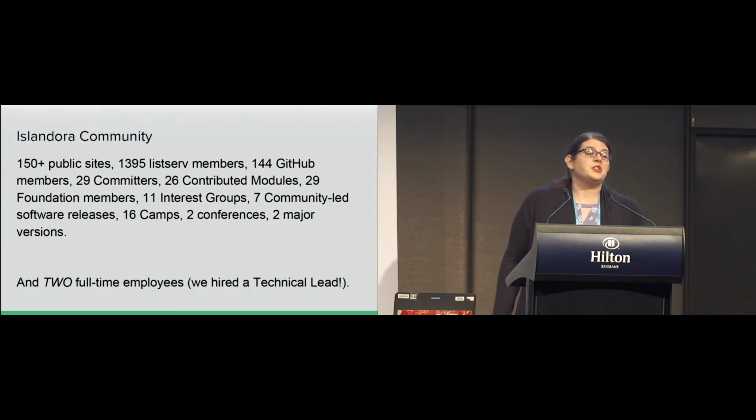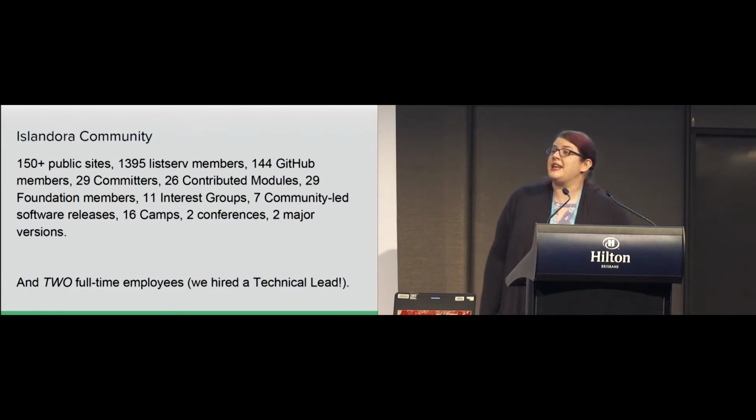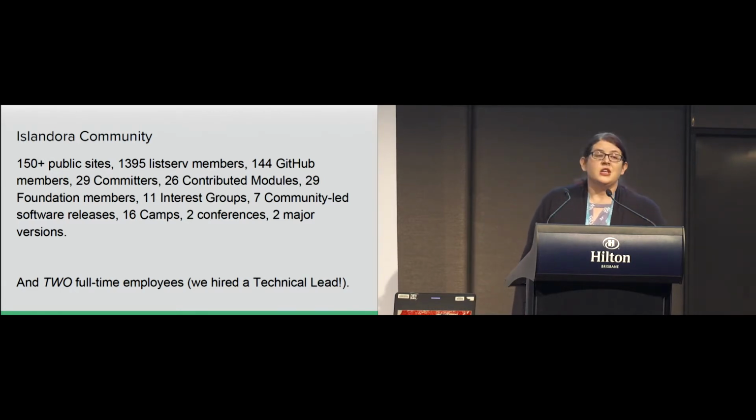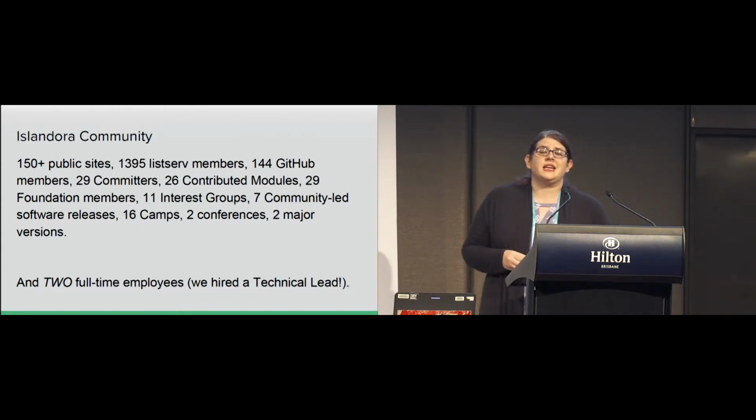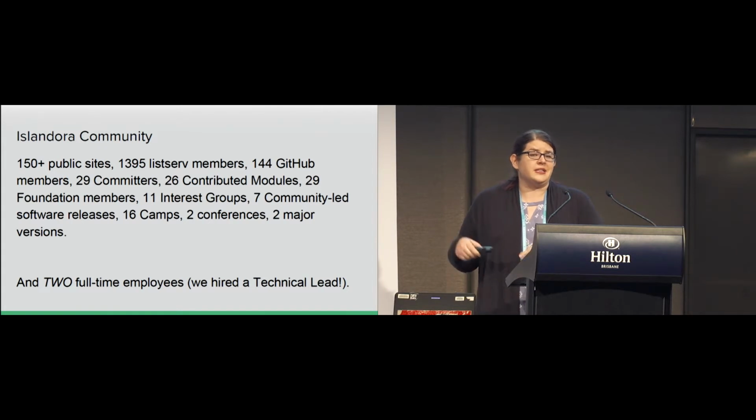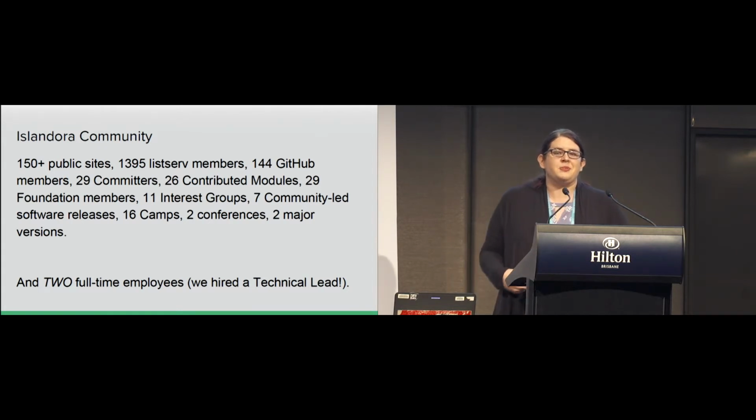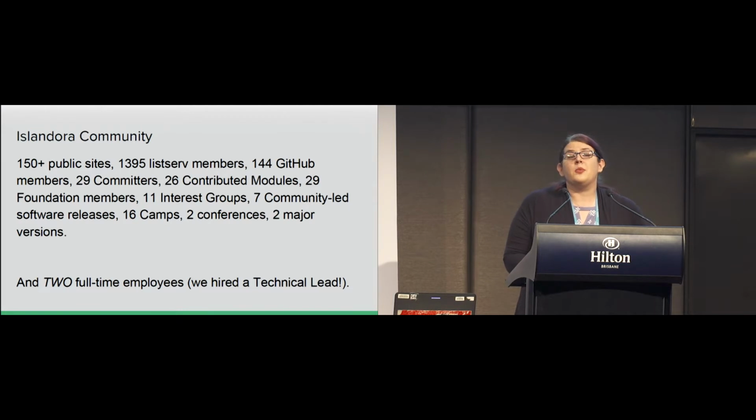The Islandora community that's doing all this work, there's a few different ways to look at it. This is our community by the numbers. So we know of more than 150 public sites. There's probably double again that number out there in development or just quietly installing Islandora and not really engaging very much with our community. We have almost 1,400 people on our listserv. We have 144 people on our GitHub orgs. We've got 29 official committers. These are contributors to the project that have made significant contributions and engaged at such a level that we've recognized them with additional responsibilities